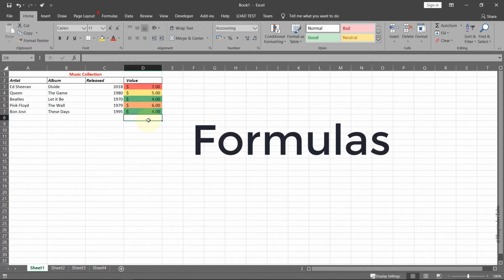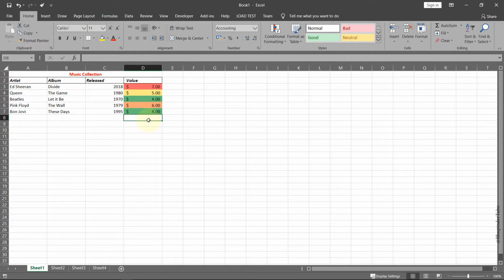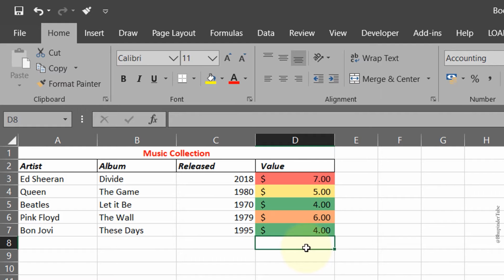Hence, we need to get to the topic of formulas. To activate a formula, all you need to do is go on the cell where you want the result of the formula to be displayed and type equal. Equal is the keyword to activate a formula. So if I want the grand total cost of my music collection, I could just add the values manually. I will call it manually, and you will see why. So if I say 7 plus 5 plus 4 plus 6 plus 4